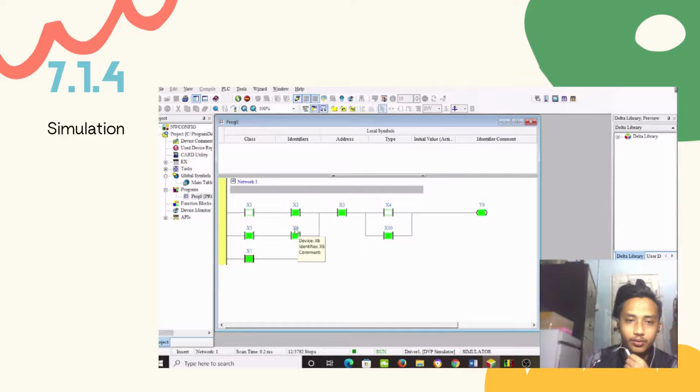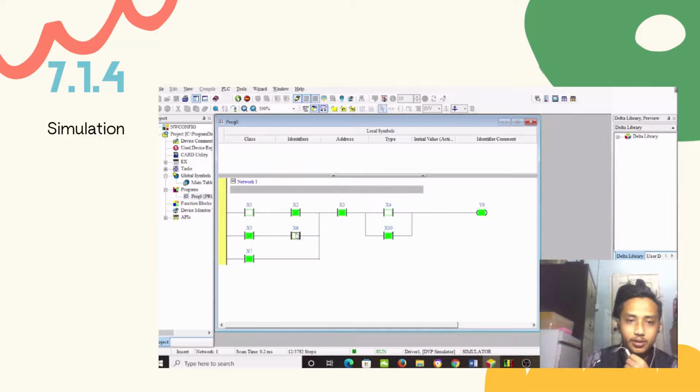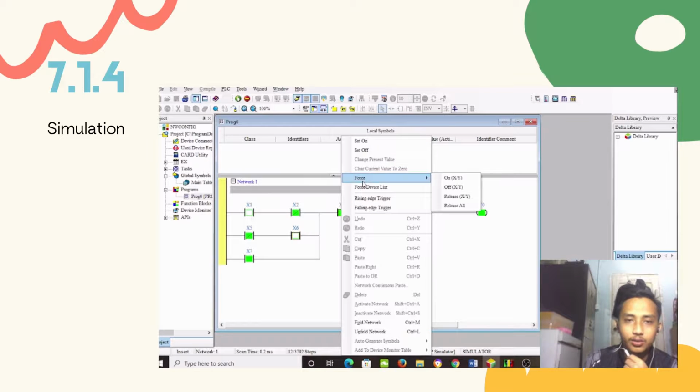When I take the force off at X6, the output Y0 is still on. Now if I go to X3 and give force off,